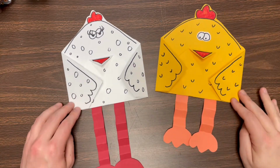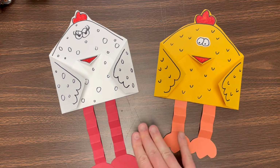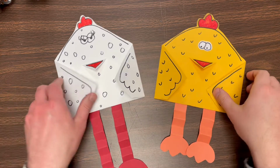You can see here, I made two. So the word origami is Japanese, and it is the art of folding paper into different things. And here we have two chickens, and we call the girl chickens hens, and the boy chickens roosters. So I'm going to show you how we make these adorable little